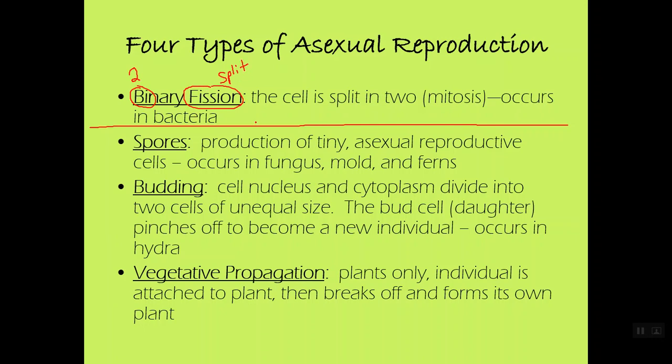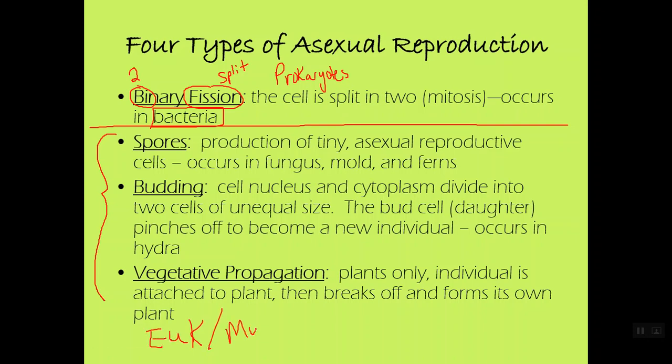This happens in your prokaryotes. In other words, your bacteria, because your bacterial cells are your prokaryotic cells and vice versa. So when they do mitosis, they have reproduced asexually, all by themselves. That is the best example of this happening in a single-celled organism. Remember, bacteria are single-celled. These other 3 examples occur in eukaryotes